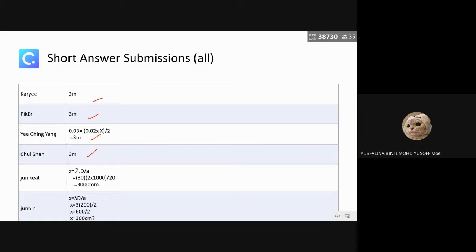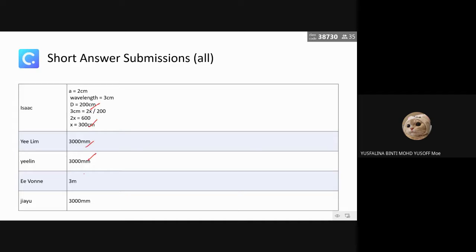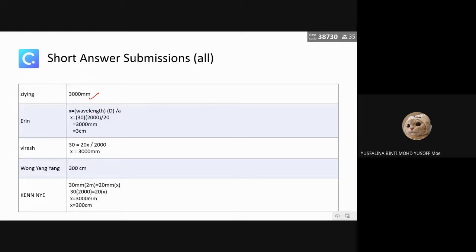usually when we change the value of a prefix, we change it to SI unit. You already know the SI unit of length is meter, right? So change it to meter. So next time, let's say the unit is not the same, one is millimeter or centimeter and another one they give in meter, you change it to meter. If the unit is not the same, it means you change all the units to the SI unit of length, that is meter. For this one it is okay, but next time make sure you answer in the SI unit. 300 cm is actually 3 meter, yeah. So next time make sure it's in SI unit of length, in meter, not